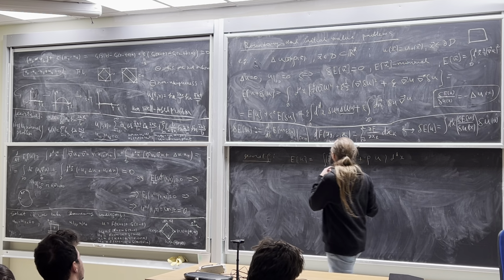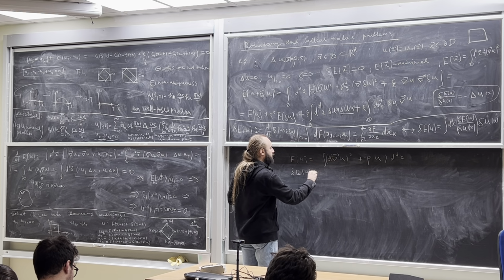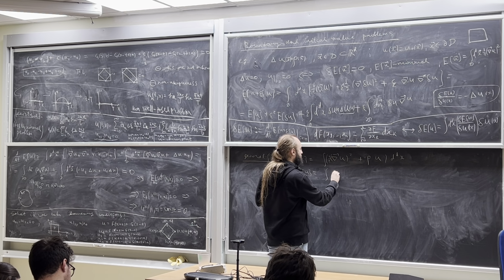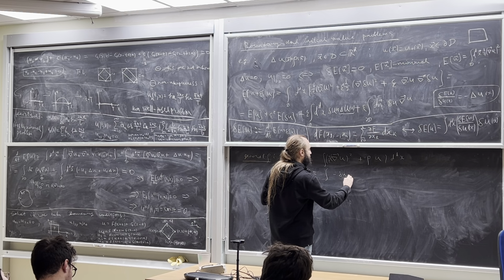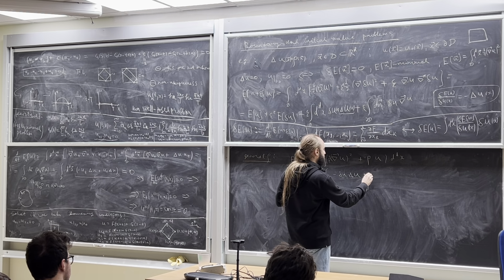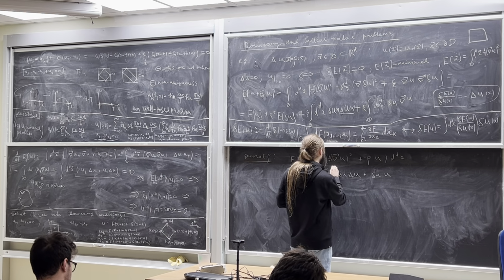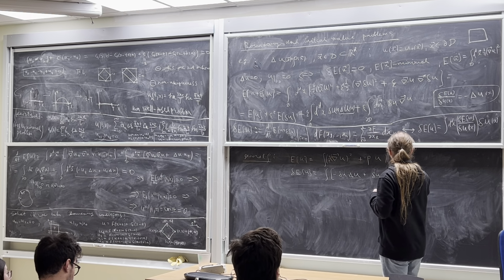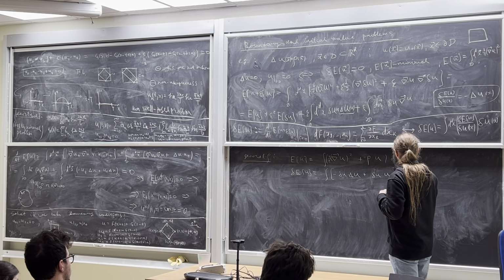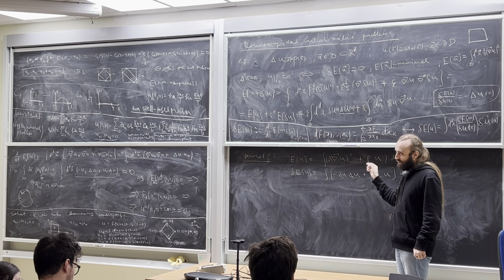So in this case, delta E will be minus delta u Laplacian u plus rho plus delta u times rho, dx. So it is the energy of interaction between this electric field and external charges.